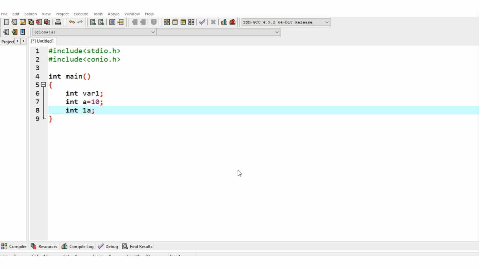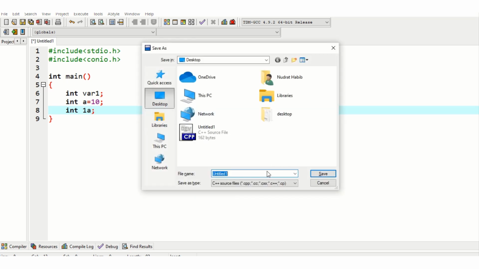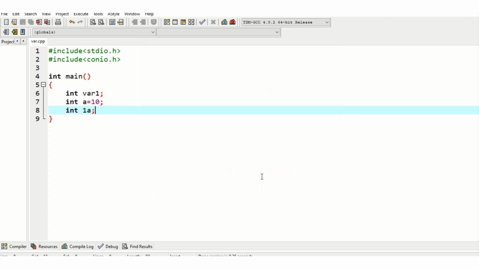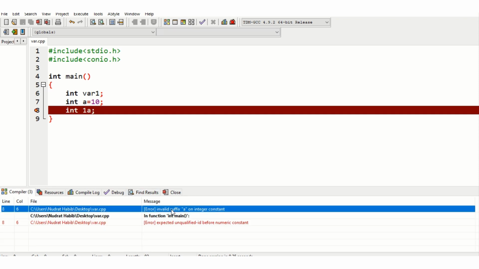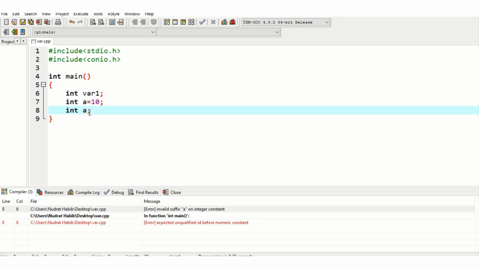So we will save it, and we will execute it and compile. If you see, what does it say? It says invalid suffix a on integer constant. We already discussed that the first letter can't be an integer number, so it gives an error. If you remove it, your error is removed.